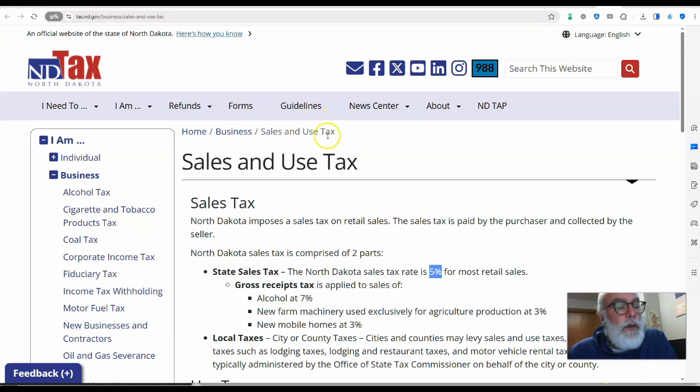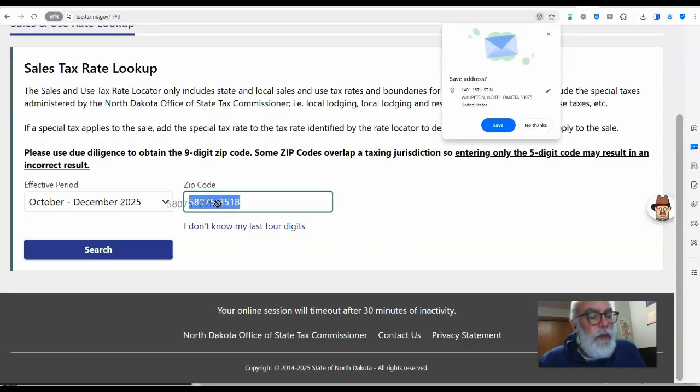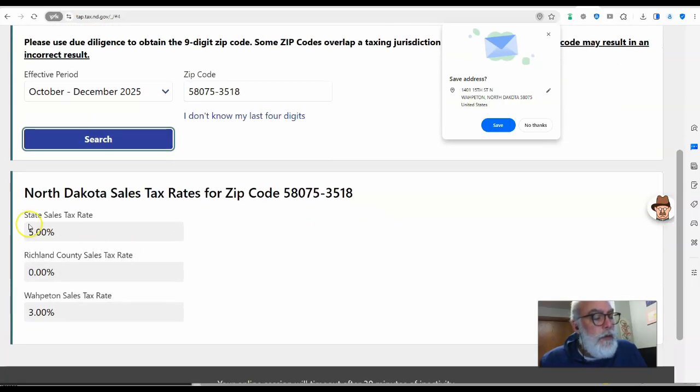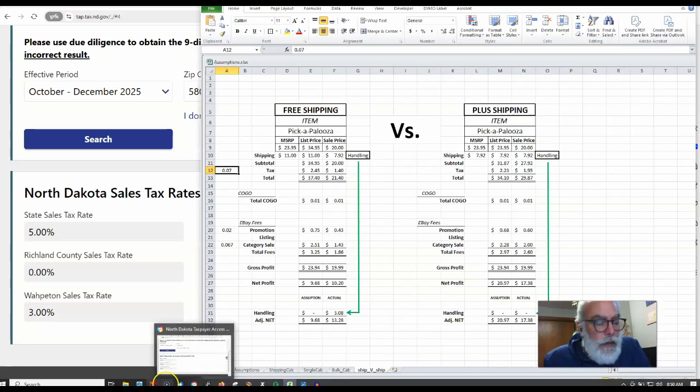We may as well do it real quick. So I can do a lookup. 3581. So we'll search 5, 6, 7, 8. So it's 3% for the Wahpeton sales tax. So I'm kind of curious where this number is coming from. If it were 2%, then I might say, well, okay, it is calculating out the Wahpeton city sales tax there as well, but it's an 8%. So I'm a little befuddled, and I don't find